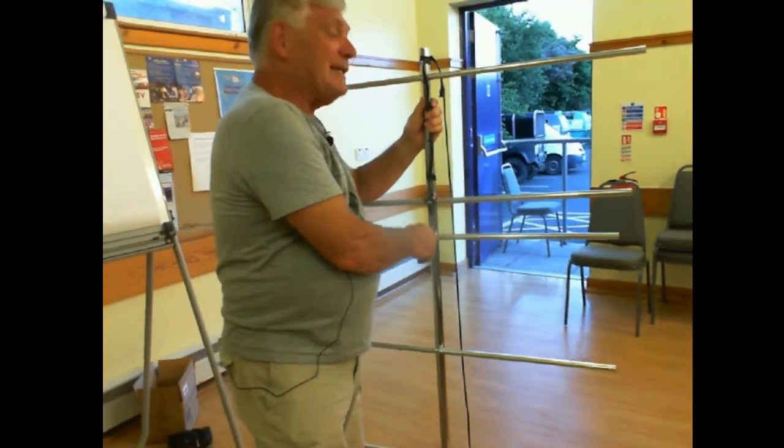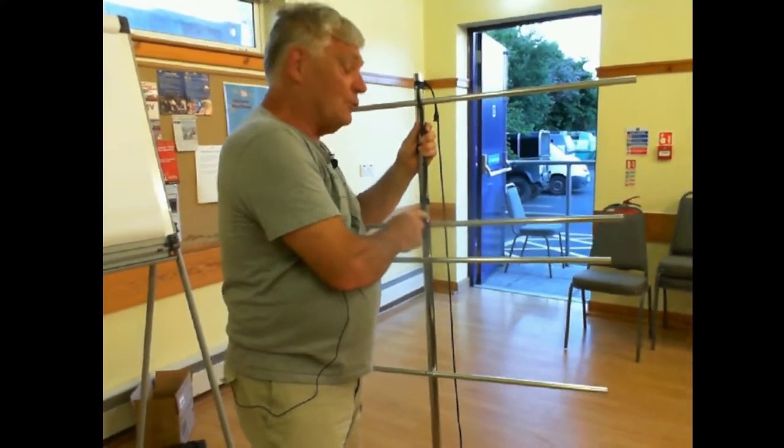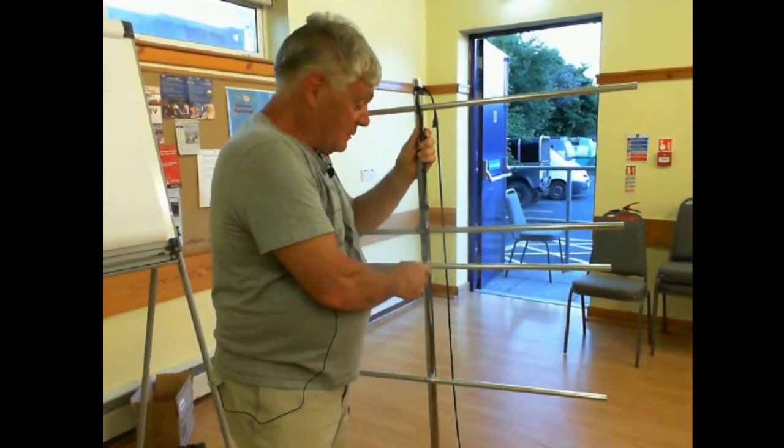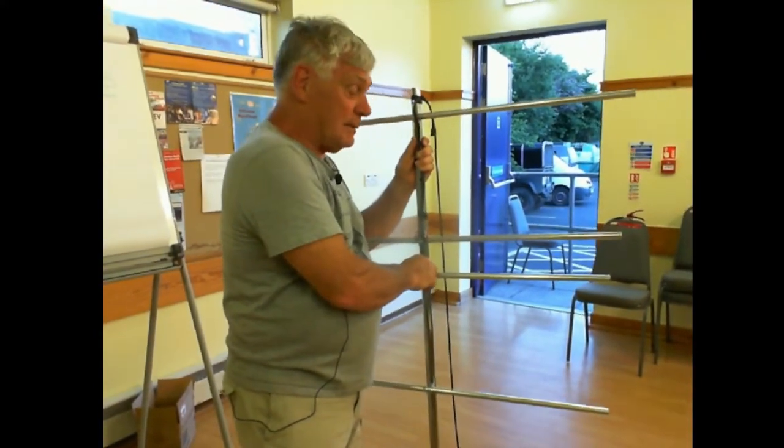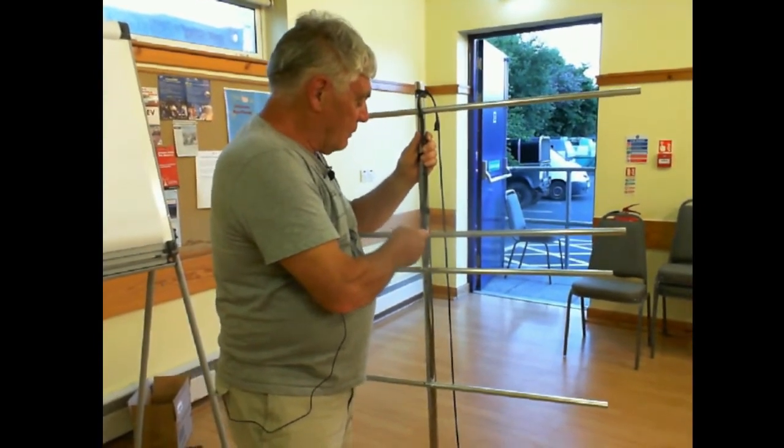This is why it's so close, because this is in the near field of the actual radiating element. And so this is actually adding capacitance to this system here. I've added in here on my one,